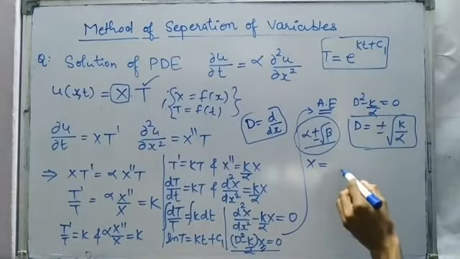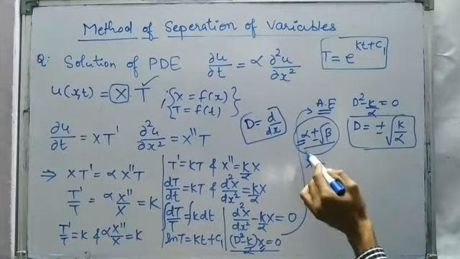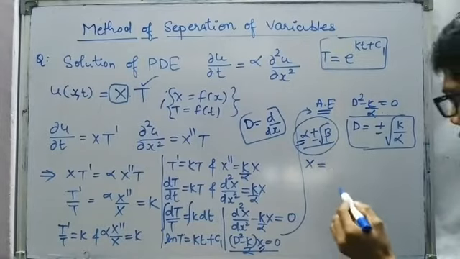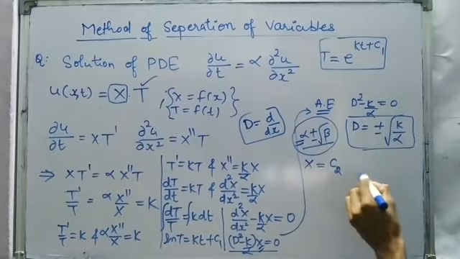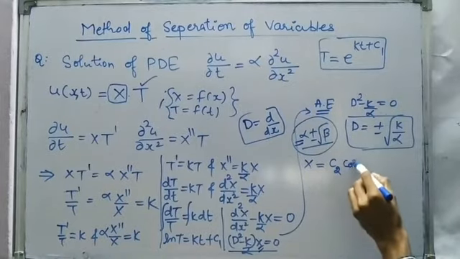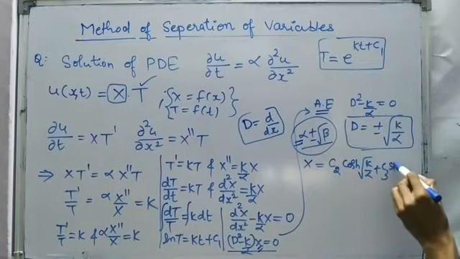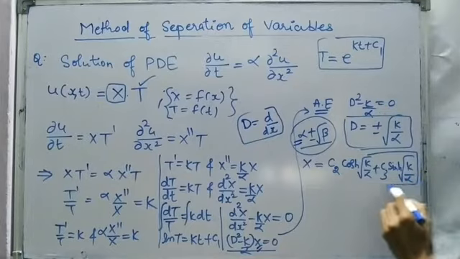So capital X is e power alpha, alpha is nothing but 0. If we compare this with alpha plus minus root over beta, alpha is 0, so e power 0, that we are not going to write, and c1 we have taken already, so we are going to take the constants as c2 cos hyperbolic root over beta x plus c3 sin hyperbolic root over beta x, right? So this will be a capital X.